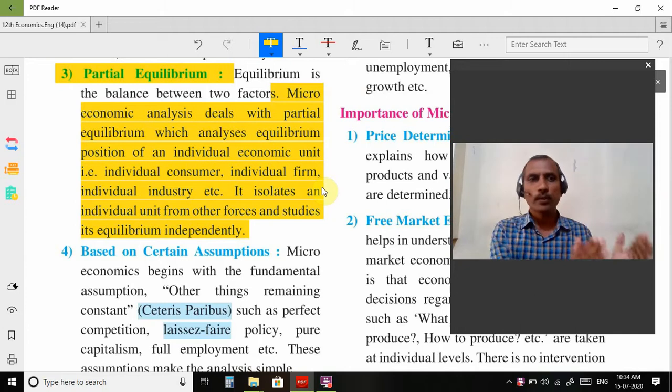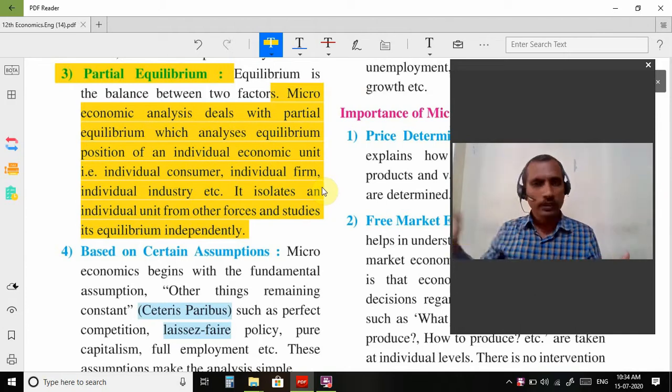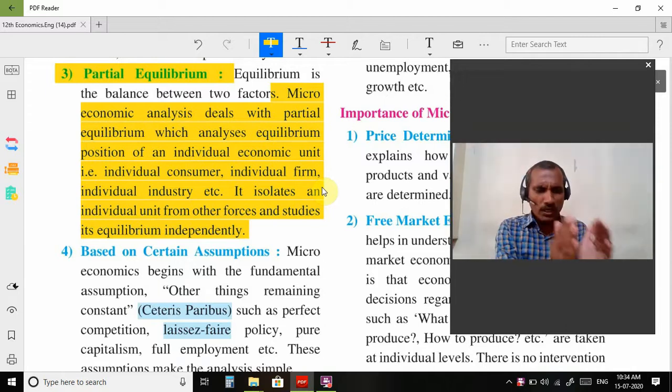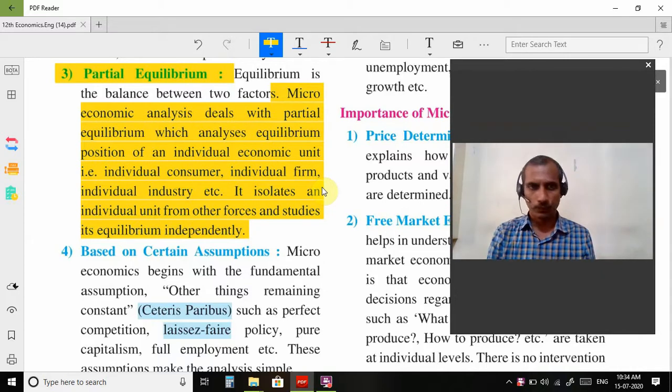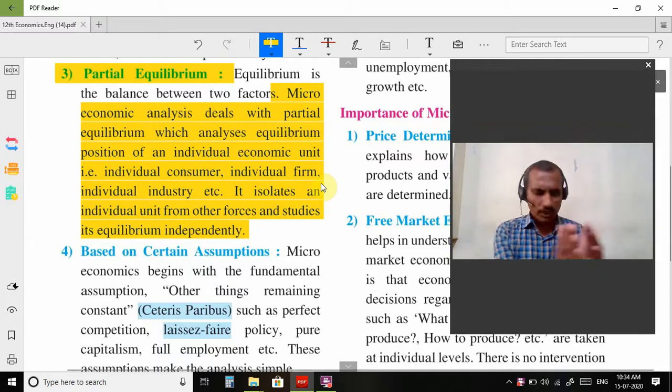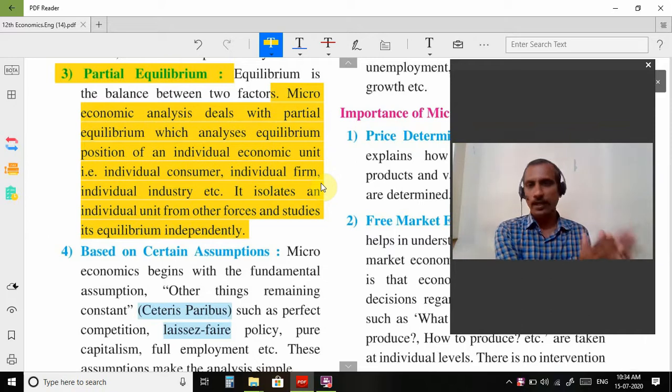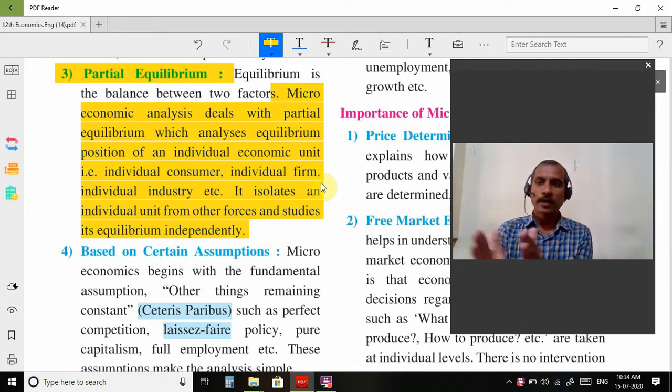For example, we will study only the consumer, not the seller. We will study a particular firm. We are not going to study different firms. So isolate means only the individual unit. We are not going to consider those things which may affect that particular thing. Okay, that is called partial. Partial means a very small part of the economy, a small part of the particular thing,